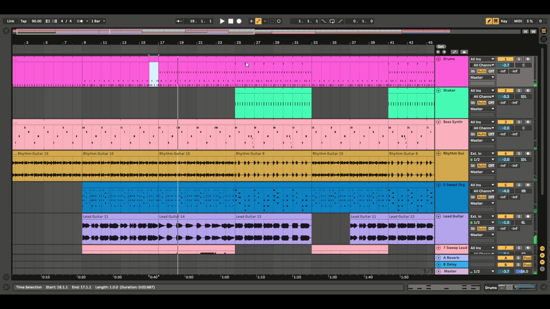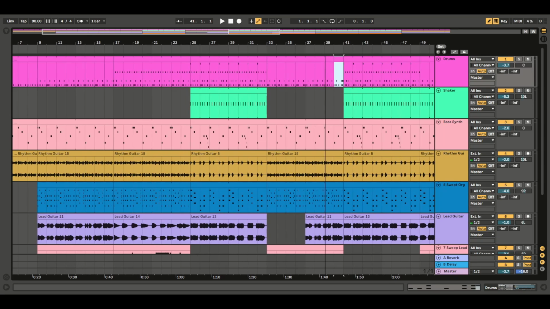Okay, so I think that sounds fine. I'm going to copy that, and again I'm going to paste that into the final bit of this verse section here, which I think is the second verse, and I'm going to do something similar before we go into the chorus. And again, that chorus section, we know that's the chorus section because we've got shaker in it. So I'm just going to again click on that, split it, then go in,